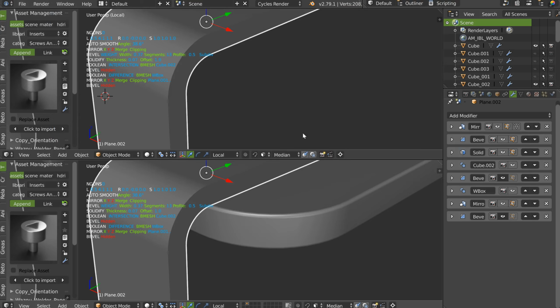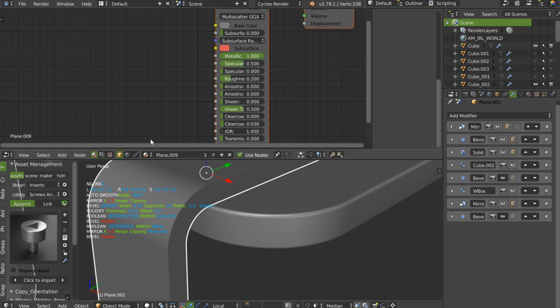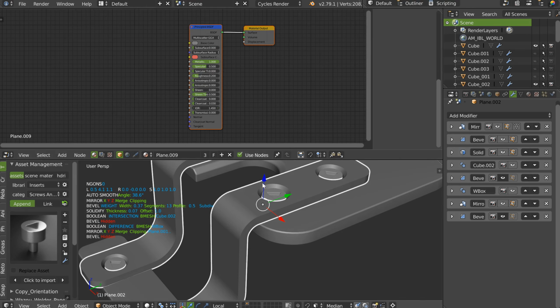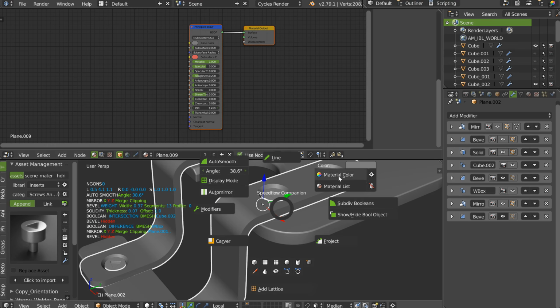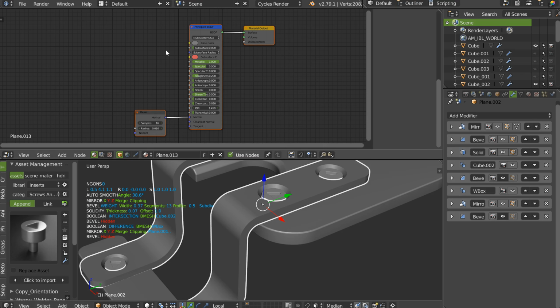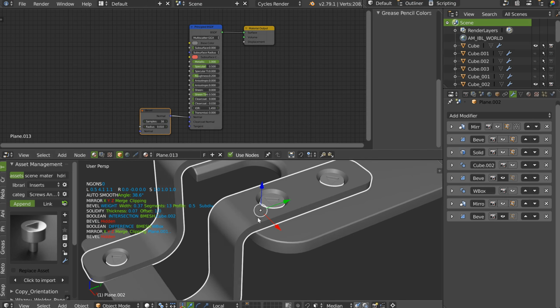So if I go split horizontal and go on my shader, as you can see, I don't have a bevel shader, but here I can press Shift Q and choose here plastic, metal, etc. and add my new material, and as you can see, I already have a bevel shader with the good radius.